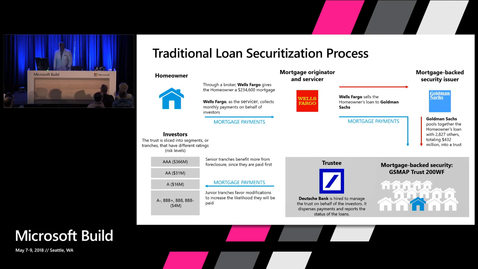So then you get the mortgage, and Wells Fargo says, great, I have the mortgage, and I'm going to sell that, right? And I'll sell that loan to Goldman Sachs. So like I said, they're going to keep a portion on their books. In other words, they keep the loans in-house, you pay the Wells, and some of them they're going to sell. Well, Goldman Sachs says, great, I will be what we call the mortgage-backed security issuer. In other words, I'm going to sell those for you, and I'm not going to own it, I'm going to give it to trustees like Deutsche Bank. Deutsche then buys that mortgage pool, right?